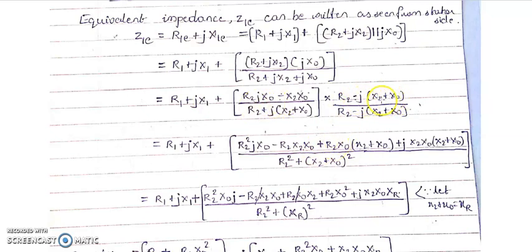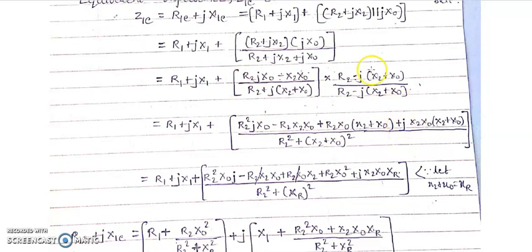So first of all I shall deal with j later. It is R2 X0 into bracket (X2 plus X0). Now coming to this plus sign, how did this plus sign come? As we know it should actually be minus, but j square is minus 1, so minus into minus is plus. This remains, this comes as plus. Next you can see the last term is (X2 plus X0) into X2 into X0, it is written here, and again minus into minus plus, with j remaining as j.